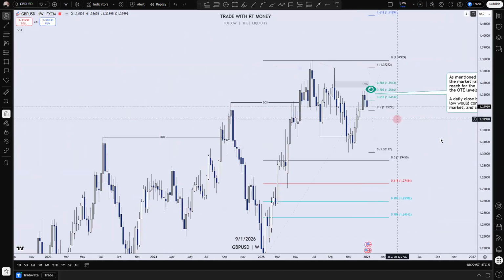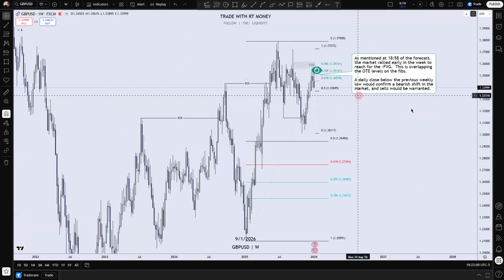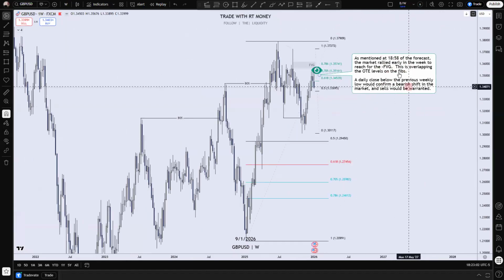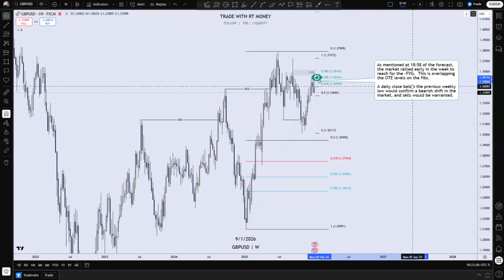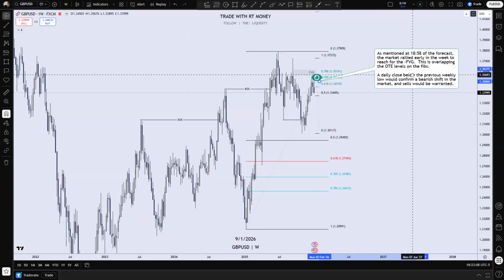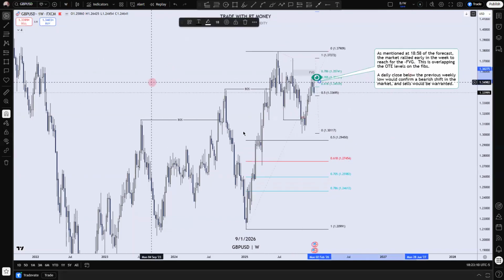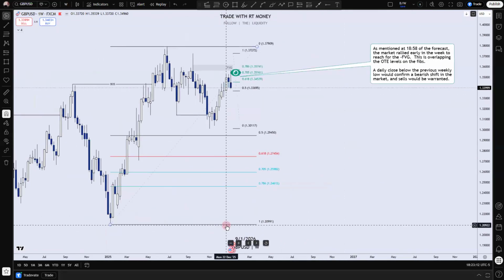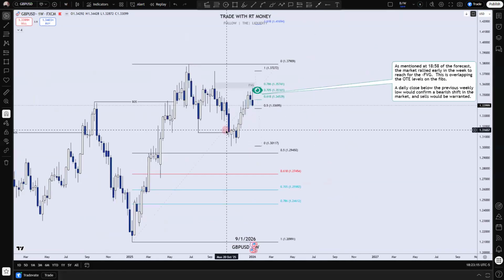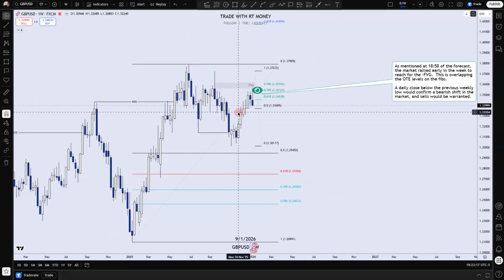I'm going to take you really briefly. Last week I went into some detailing, and this was the follow-up. I posted this on TradingView, the pound USD. I said, hey, look,